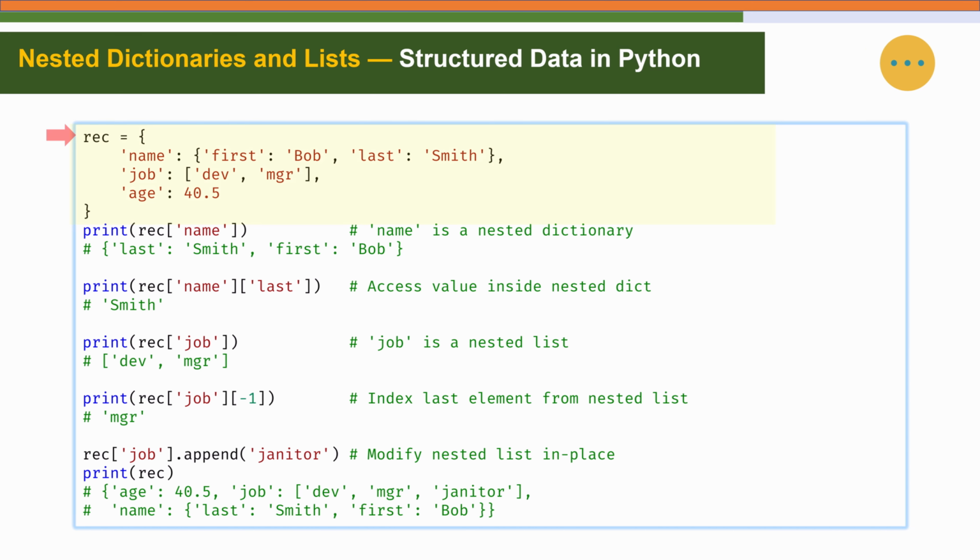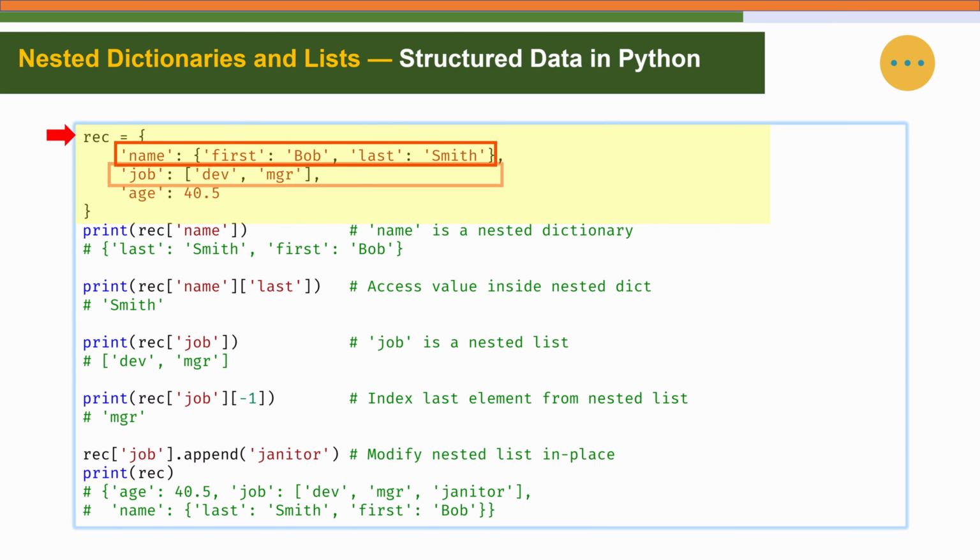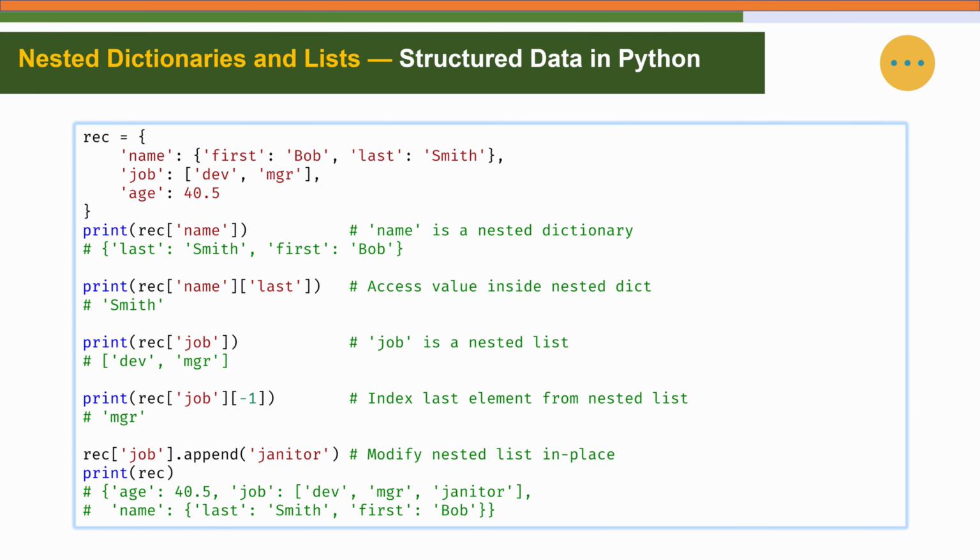So here we have a dictionary called rec that represents a person record. The name key stores another dictionary with first and last names. The job key holds a list of strings, different job roles. The age stores a simple floating point number. When we access rec['name'], we get the entire nested dictionary. We can chain indexes. So rec['name']['last'] navigates to the name dictionary and extracts the last value. Likewise, rec['job'] gives us an entire job list, and rec['job'][-1] selects the last